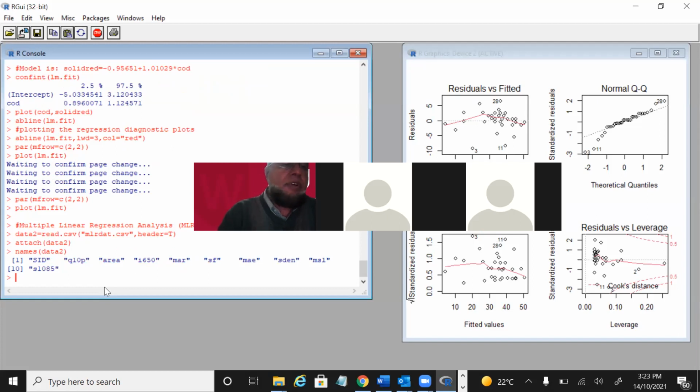If we want to see data2 itself, we can still see that, but I am not going to do that. So that is really the data file. Now we want to do the linear fit, lm.fit equals lm, and we have to write our Q10P is our Y variable, and then what are our X variables here? Our X variable is area, and then we have to put plus all of them,